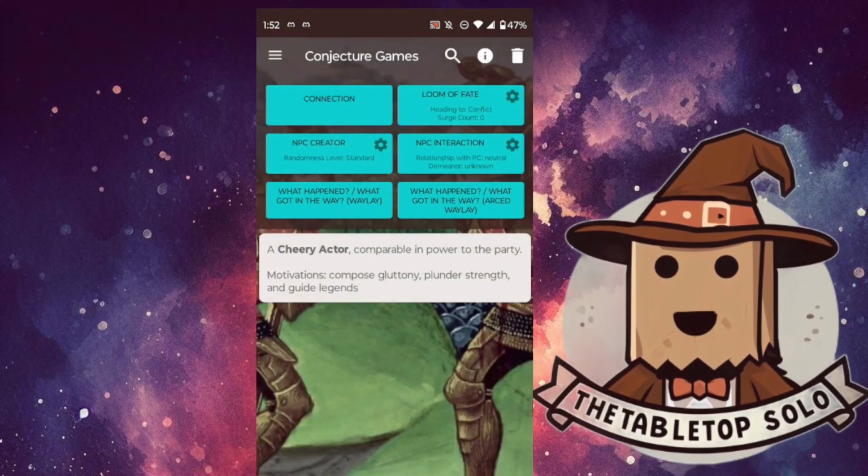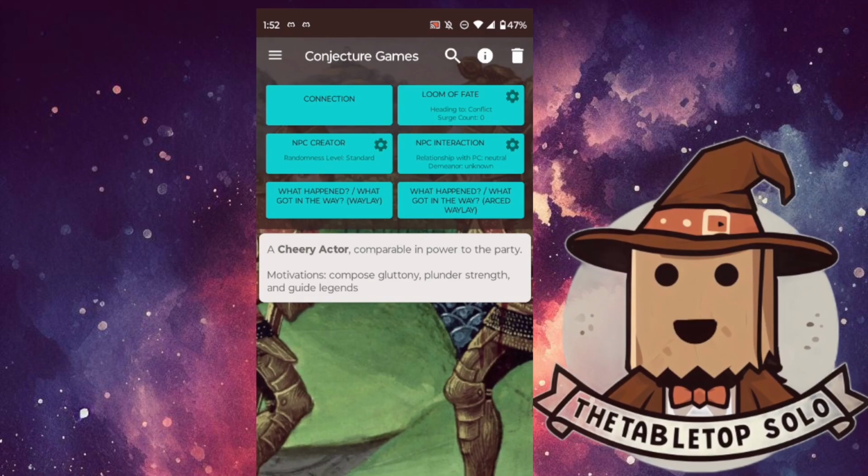So we'll roll the NPC Creator. A cheery actor comparable in power to the party. Motivations, compromise gluttony, plunder strength, and guide legends. So very much a bard we have rolled up. Very hedonistic and wanting to ride the coattails of our